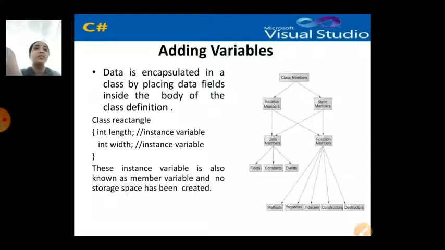What is a constructor, what is an indexer, a destructor, and what are properties, where get and set are called properties, and methods. All those you will be learning in a future session. In today's session you learned how to add variables, what a class is, the introduction of classes within the programmatic concept, and the members of OOPS: encapsulation, inheritance and polymorphism. In future sessions you will be learning other concepts within C# programming. Okay, thank you.